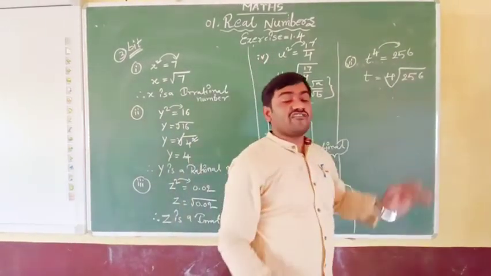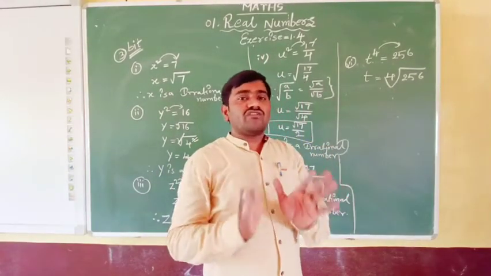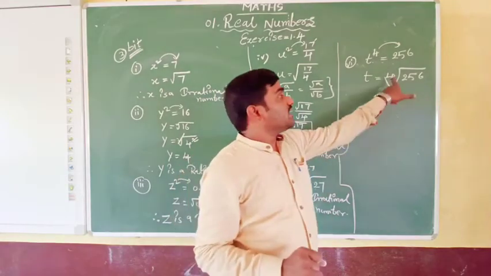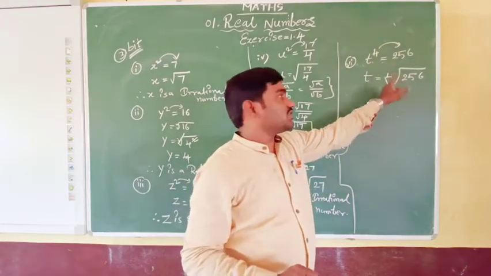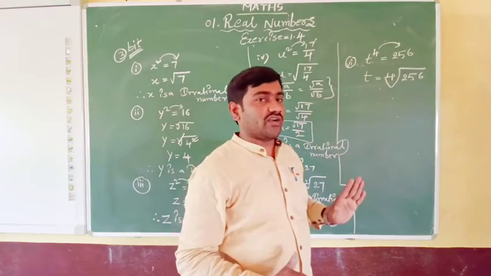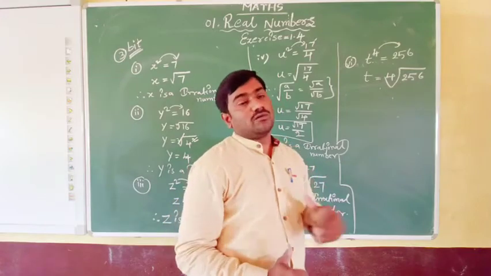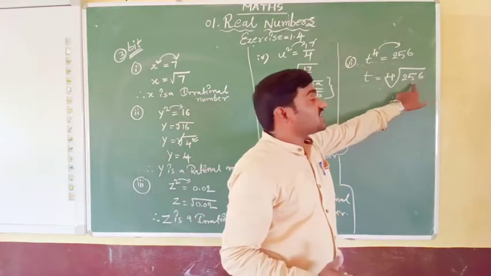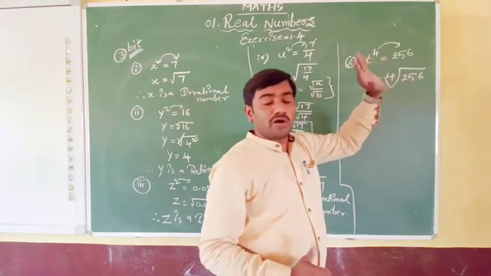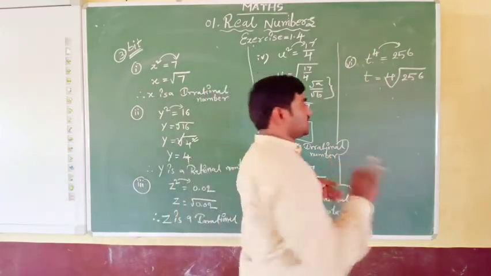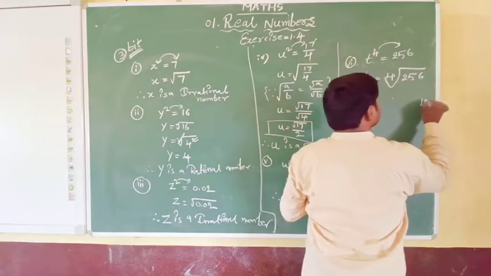Now it is in the form of nth root of a. Nth roots of a are called surds. But there is a condition. Here n is more than 1. Yes, n is more than 1, so this condition is also satisfied. But a must be a rational number that is not an nth power of a rational number. So let us see if we factorize this 256, will we get a fourth power or not? If we get a fourth power, then it is not an irrational number. That means it is not a surd. Let us see here.